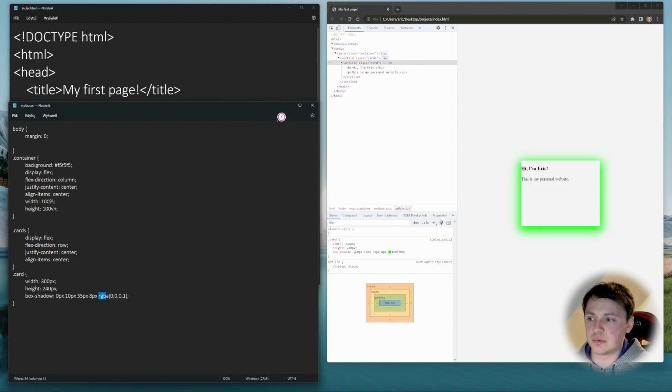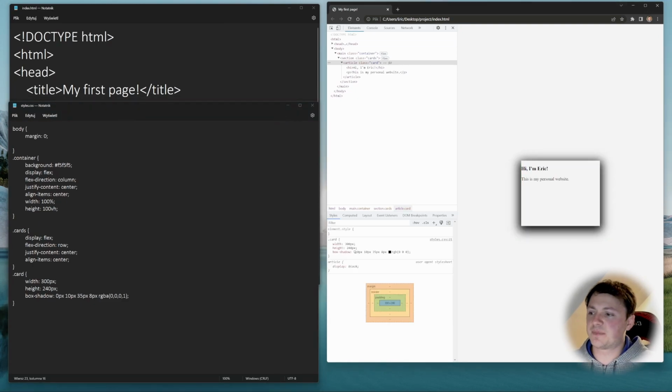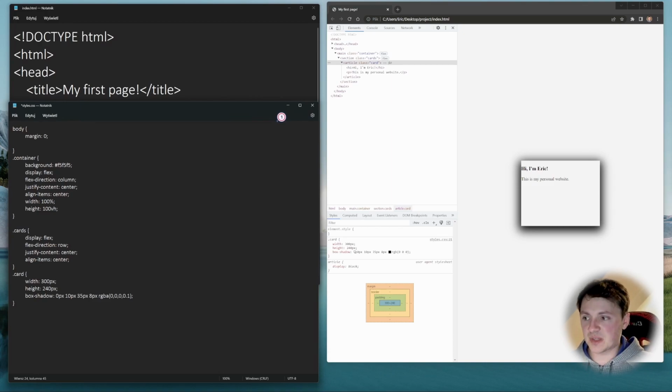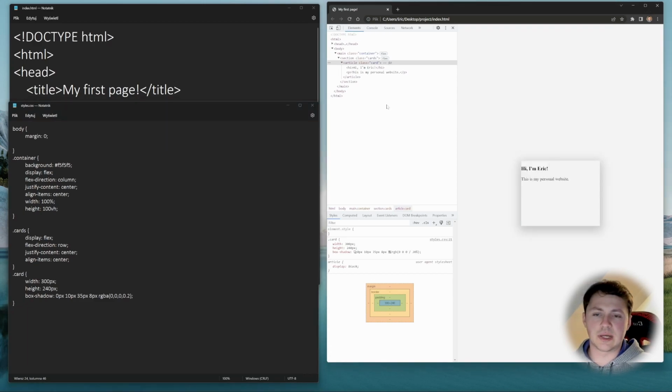So red, green, blue, alpha, then parentheses, and inside the parentheses 4 numbers, and each number goes from 0 to 255. So basically it's the equivalent of FF in hexadecimal. And as the last one we have 1, because alpha we specify in percentages, and that's the same. That's black. We don't want black. We want something that has 0.1 opacity or 0.2, and voila, that's a pretty subtle shadow, and it looks